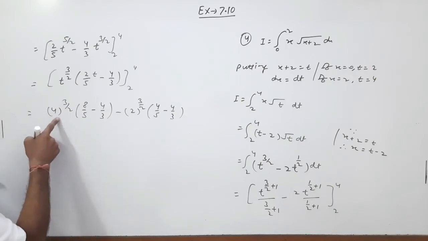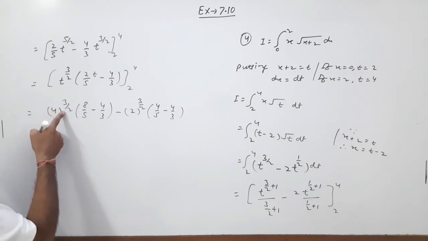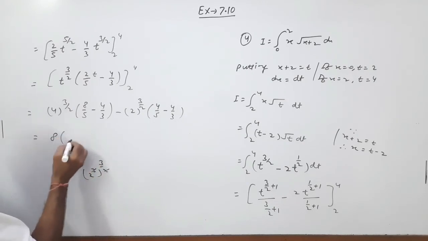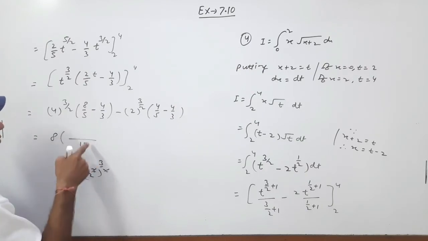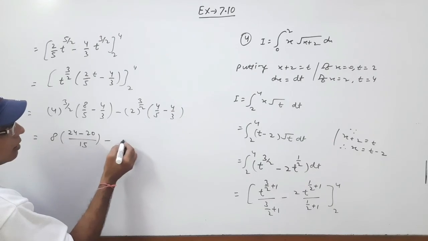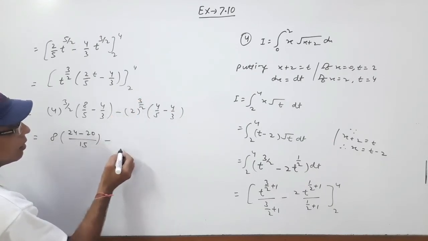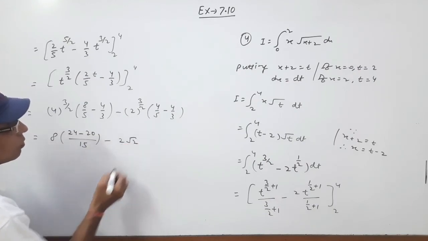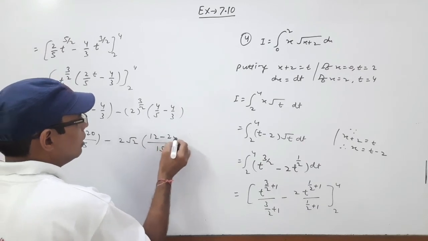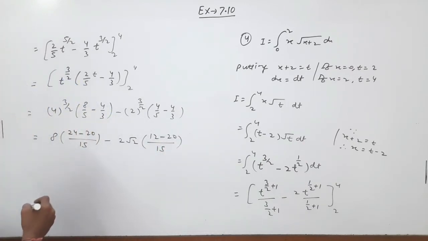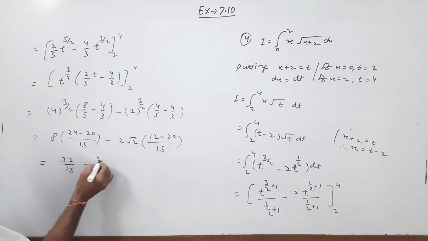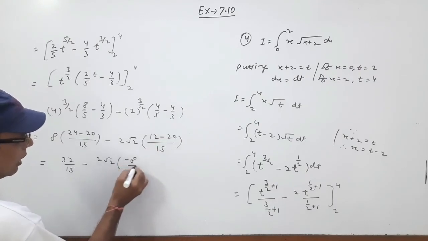Now by solving, 4 to the power 3 by 2 is 2 to the power 2 upon 3 by 2, so the 2s cancel and we get 2 to the power 3, 8. The LCM of this is 15: 5 3s are 15, 3 8s are 24, minus 3 5s are 15, 5 4s are 20, and minus this becomes 2 to the power 3 by 2, which is 8 under root, 8 means 2 root 2. The LCM is 15. 5 3s are 15, 3 4s are 12, 3 5s are 15, 5 4s are 20. Now from 24, 20 goes, 4 remains, 4 8s are 32 upon 15 minus 2 root 2, and inside the bracket minus 8 upon 15.